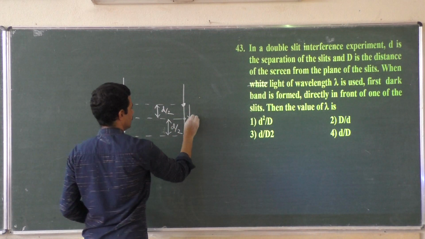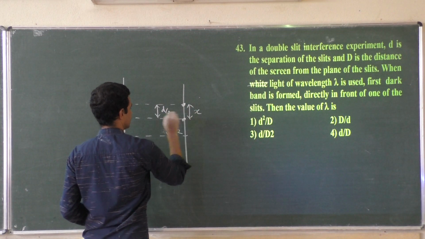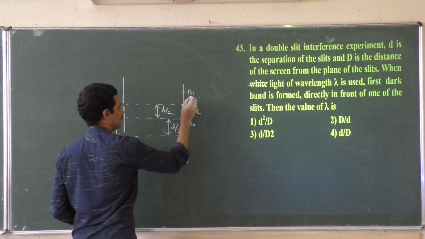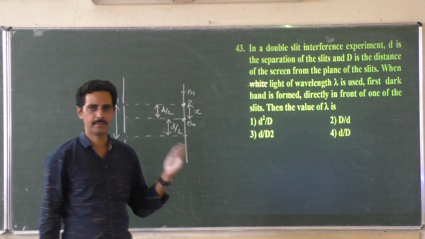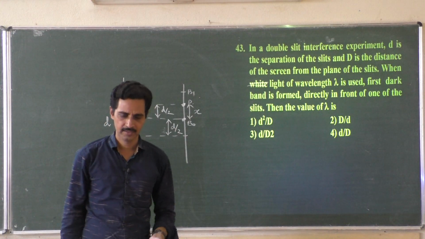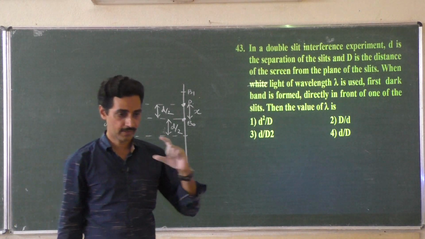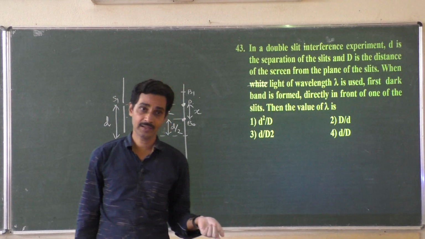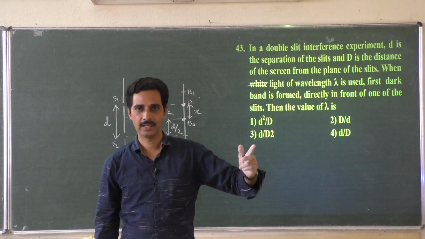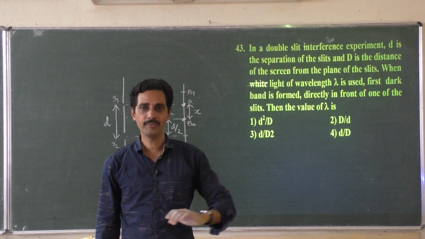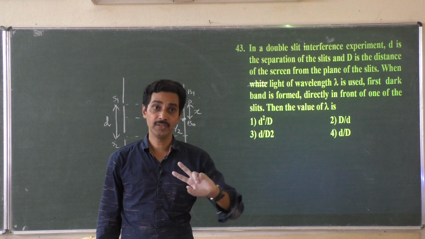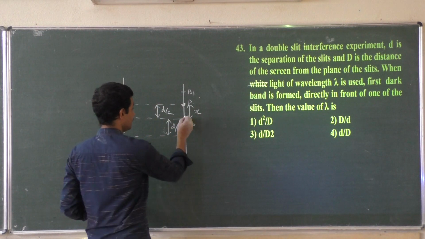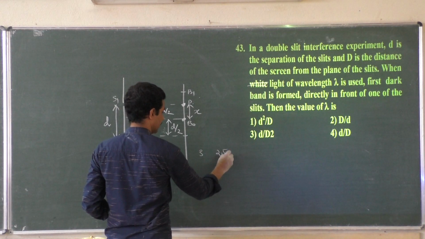If this is the distance x, this is the central bright band and this is dark, and the next bright band will be here. The distance for any bright band is n beta. The 7th bright band is 7 beta, the 9th is 9 beta. The first dark band itself is at a distance of half beta. First dark band half beta, second one 1.5 beta, 7th one 6.5 beta, so n minus half. If you take n plus half, you have to put n one more extra. For example, the distance of the third dark band is 2.5 beta, correct?